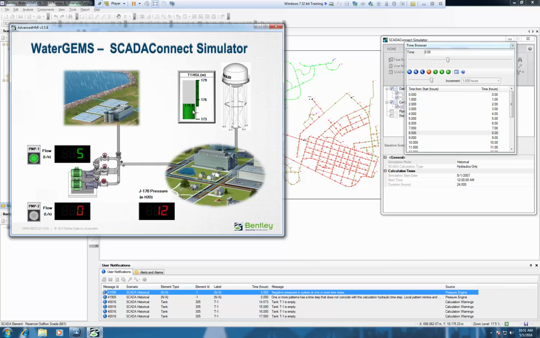Now you'll notice here that our tank level is going to go red when we drain it, but there are no alarms that pop up in my SCADA system, and that's simply because this is a little example SCADA system. If you took a copy of your real system, any alarms that you had pre-configured normally on your system would be going off now. So now that that tank is drained, you would be seeing your actual SCADA alarms and whatever your operators are used to seeing there in terms of low tank levels or low levels. So you'll get both the user notifications that you'd expect from the model, as well as the visualization in the simulator SCADA interface, as well as any SCADA alarms that would generally go off in that